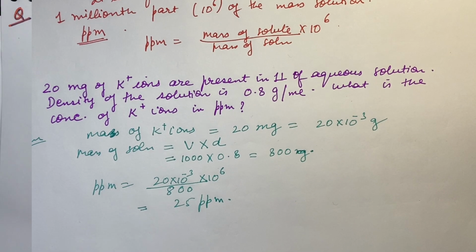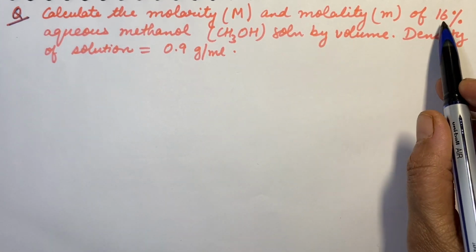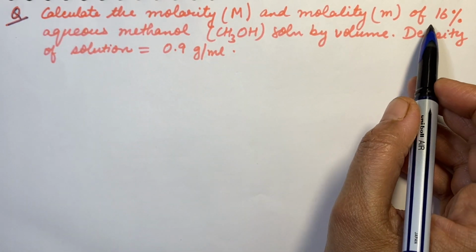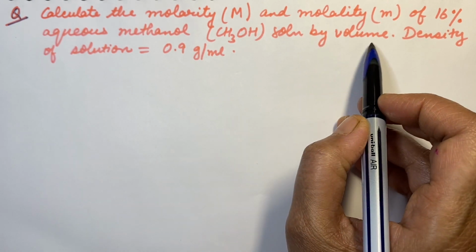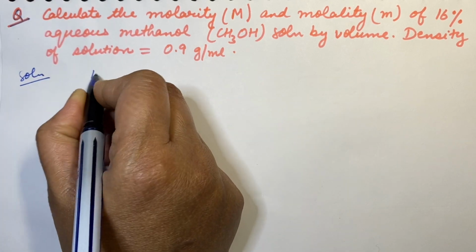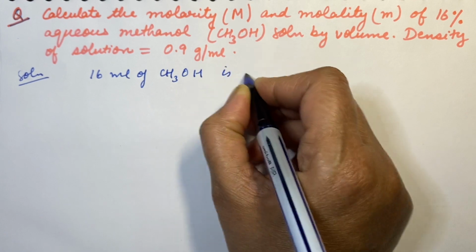See the next one. See one more question. Calculate the molarity and molality of 16% aqueous methanol solution by volume. Density of solution is given as 0.9 grams per ml. Now, since here it is 16% aqueous methanol, when it is given like this, solution by volume, this means here 16 ml of methanol is dissolved in